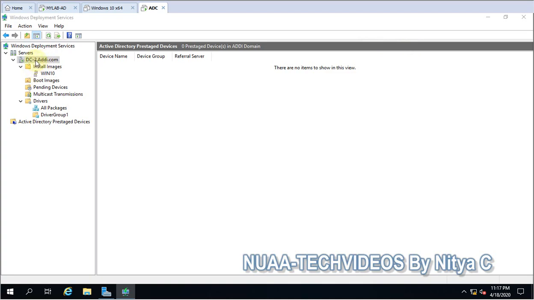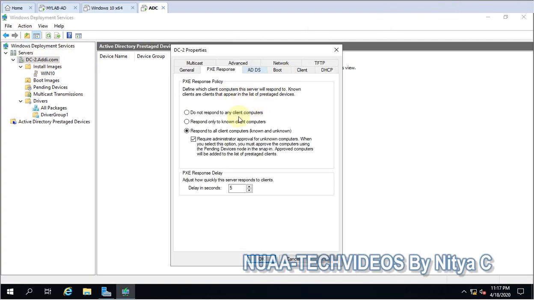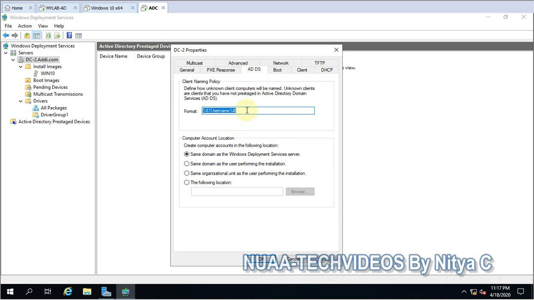Let me open once again. So here we go. This is already configured ADDS, and this is a very important part actually. There are some formats available online that you can select and check. This is regarding the naming convention of the computers: when the computers are getting installed, what name format or naming convention will be used.